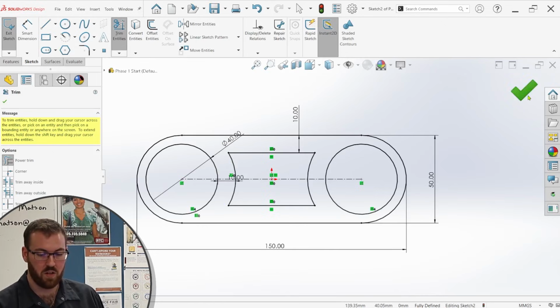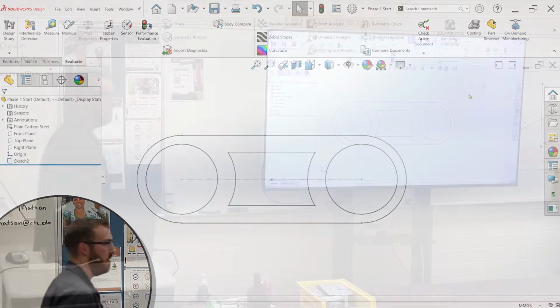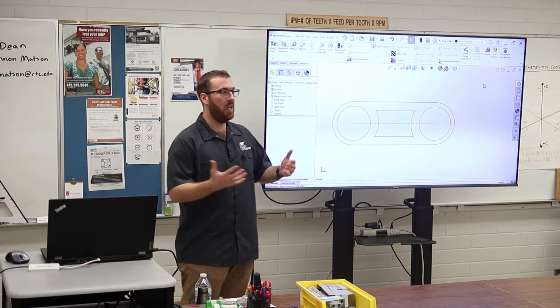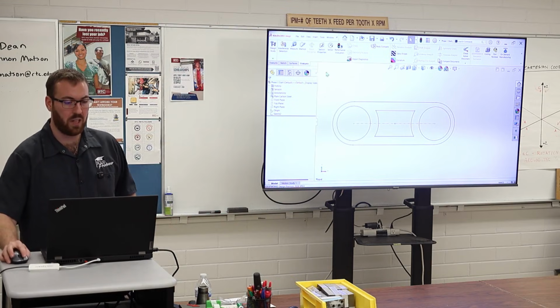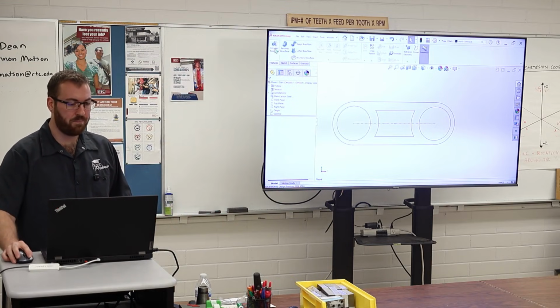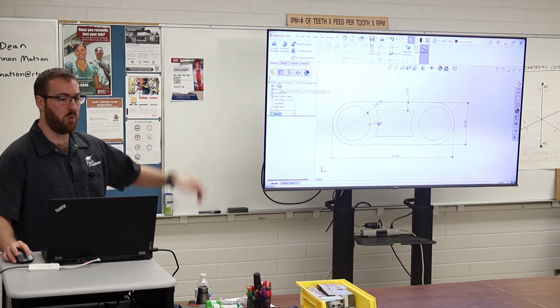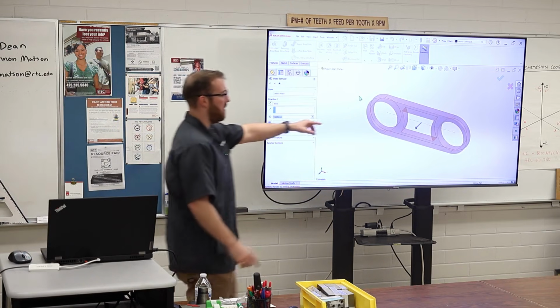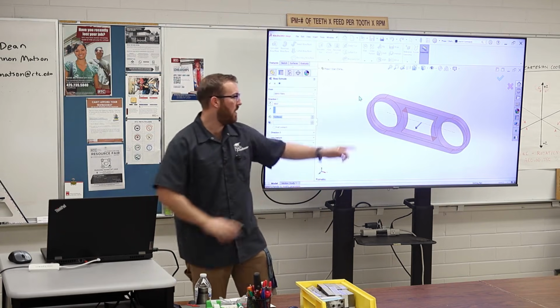And there you go. So this is our finished contour, and this is going to generate like 90% of everything we need. But if you're not familiar with contour selection, you may not know how to utilize this to its maximum potential. So when I go to features here, say I have sketch 2 selected in the tree, or if I was still active in the sketch and went straight to an extruded boss, notice it creates this hole in the center. These pockets are a 20 millimeter offset from the outside surface, so this isn't going to work for